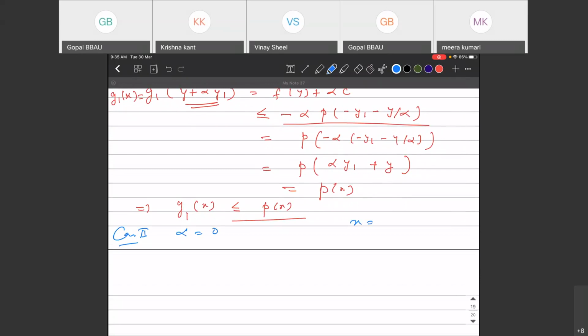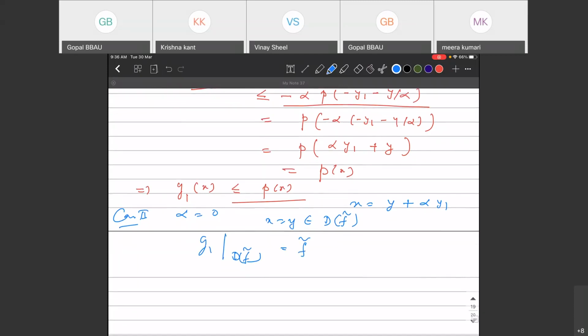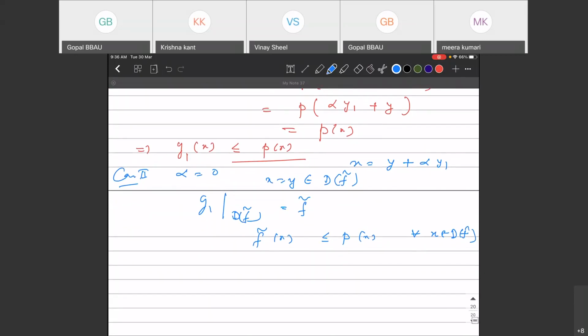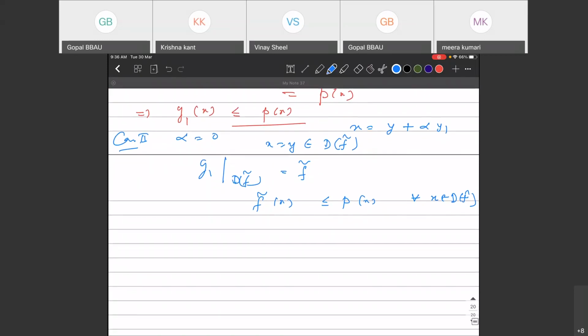Case 2, when alpha is 0. When alpha is 0, say x, what was your x? x was y plus alpha y1. When alpha is 0, this is x equal to y. And here you have G1 restricted is nothing but f tilde. And by definition of f tilde, f tilde of x is less than or equal to p x. This is from the definition. So there is nothing to prove. Case 3,